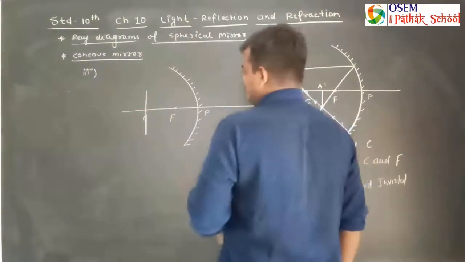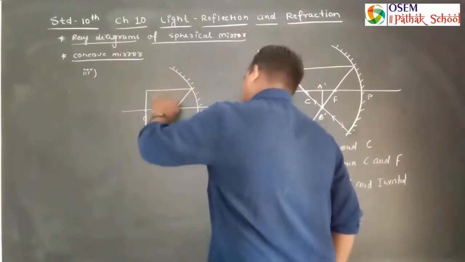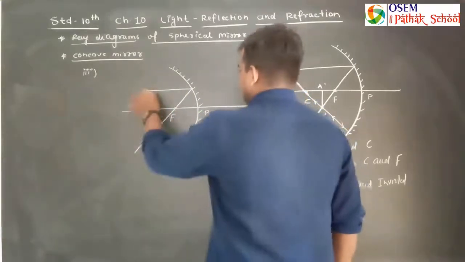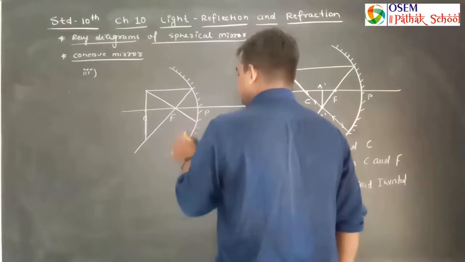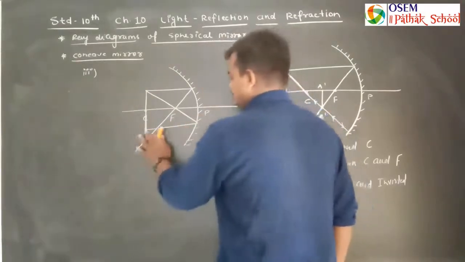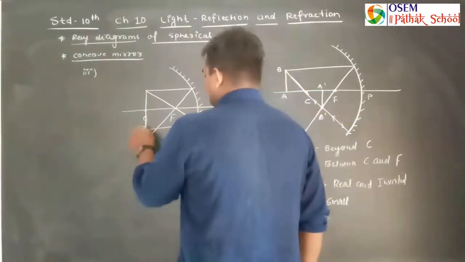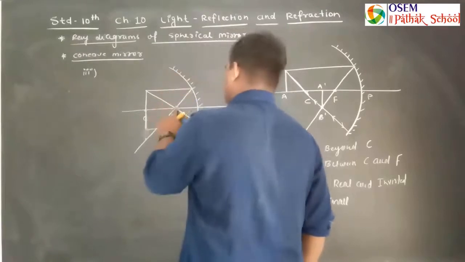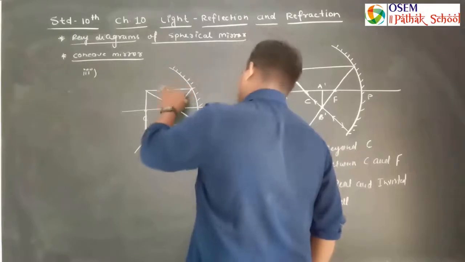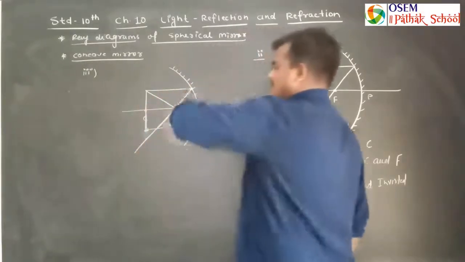So how it is formed? First ray goes parallelly, it gets reflected, passes through the F. Clear? And second ray passes through the principal axis, it being reflected, and it meets here. So we obtain the image which is formed here. The two rays meet here, it gets reflected. This is our principal focus. So ray passes through this. Two rays meet here.